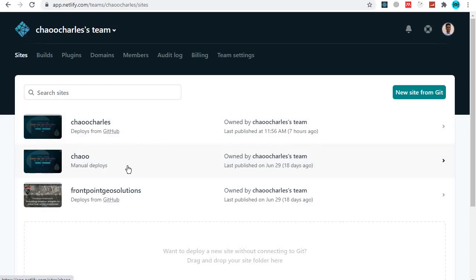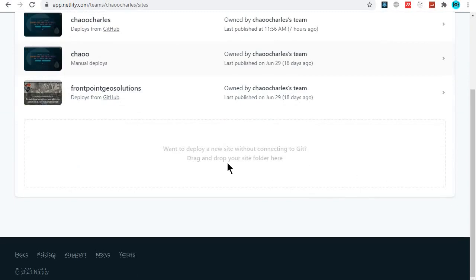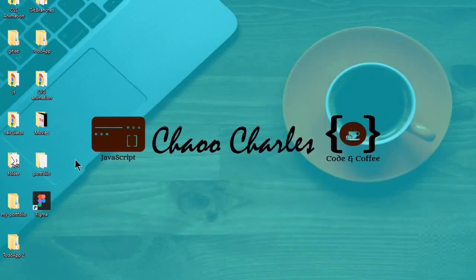Okay, so all you need to do is to create an account at Netlify. So go to netlify.com and create an account, and you'll see such a page, but yours won't have any projects. But all you can do is to drag and drop your files at this section right here. So when I go to the desktop, I have my portfolio right here. When I open this portfolio,